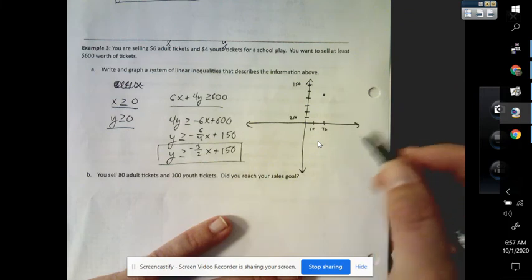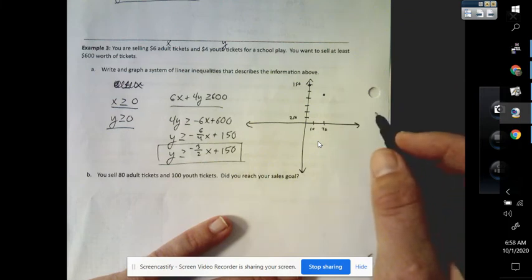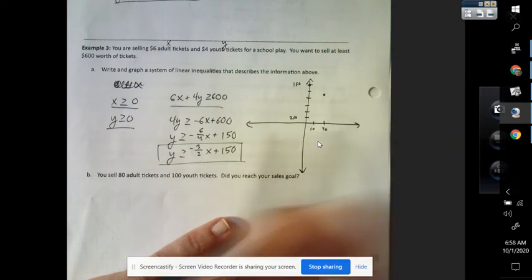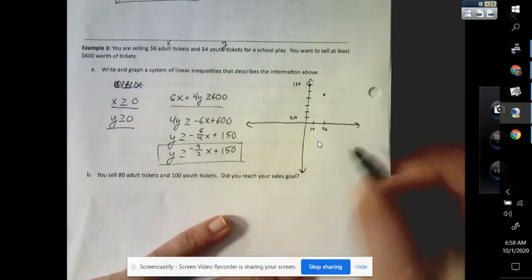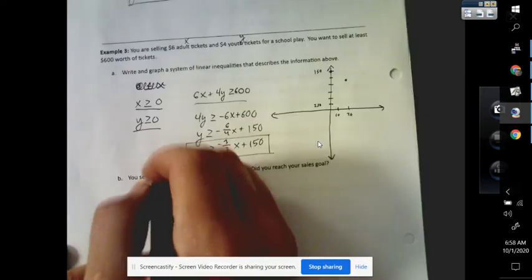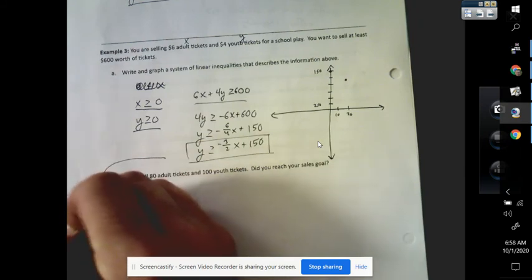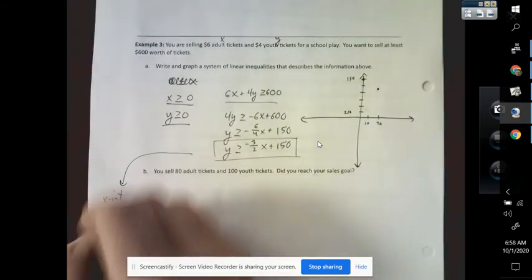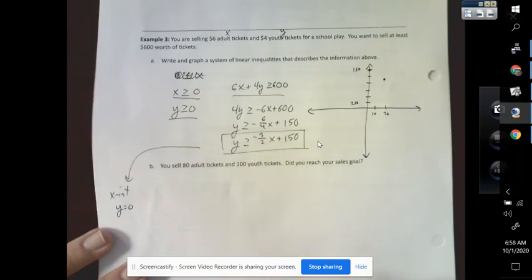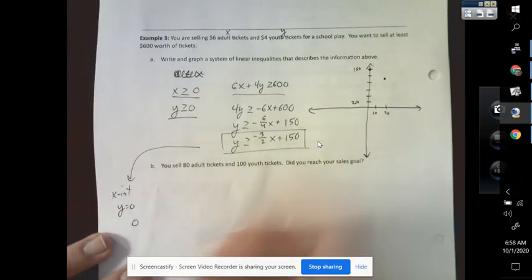Something that might help you out is to know what the x-intercept is. So if I want to find the x-intercept, I'm showing you guys a little bit of side work here. The x-intercept is when y equals 0. So if I plug a 0 in for y up here,